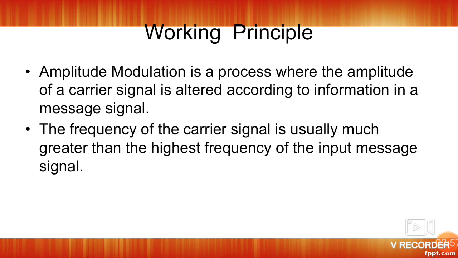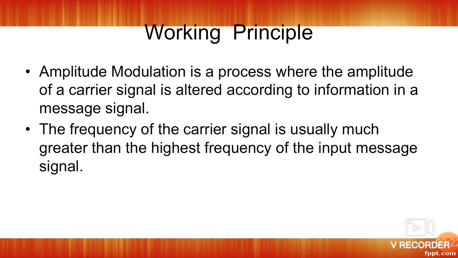So in the block diagram we discussed, the input voltage and the carrier are both added by using the summer circuit. So the summer circuit will give the output as the added version of these two. Let E1 of t be the output of the summer circuit. We can write the working principle from the basic concept.